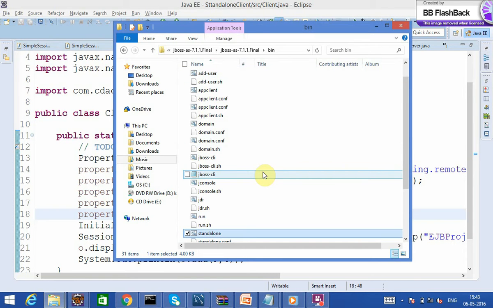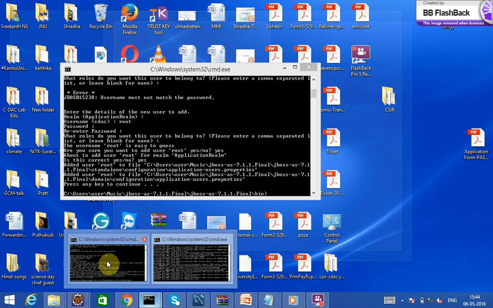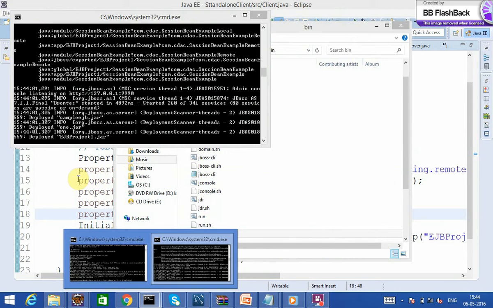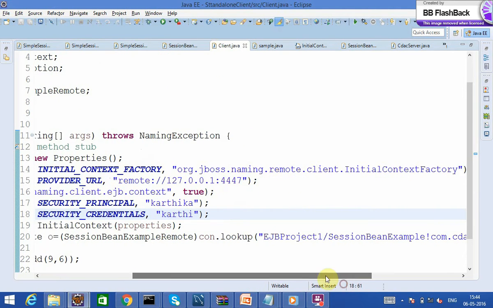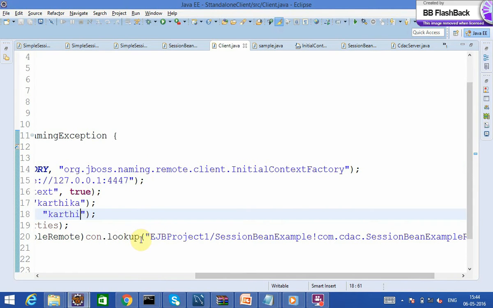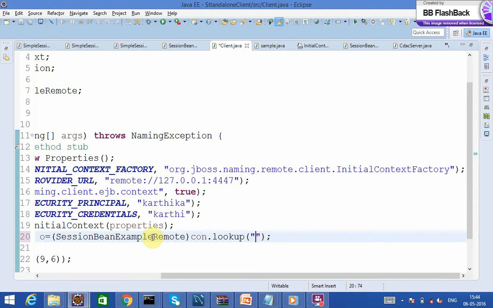Now run standalone.bat again, in the sense, if the server is not started, run it again. Now here you have to give your username and password, and the lookup URL should be the URL of the bean class that you want to access.